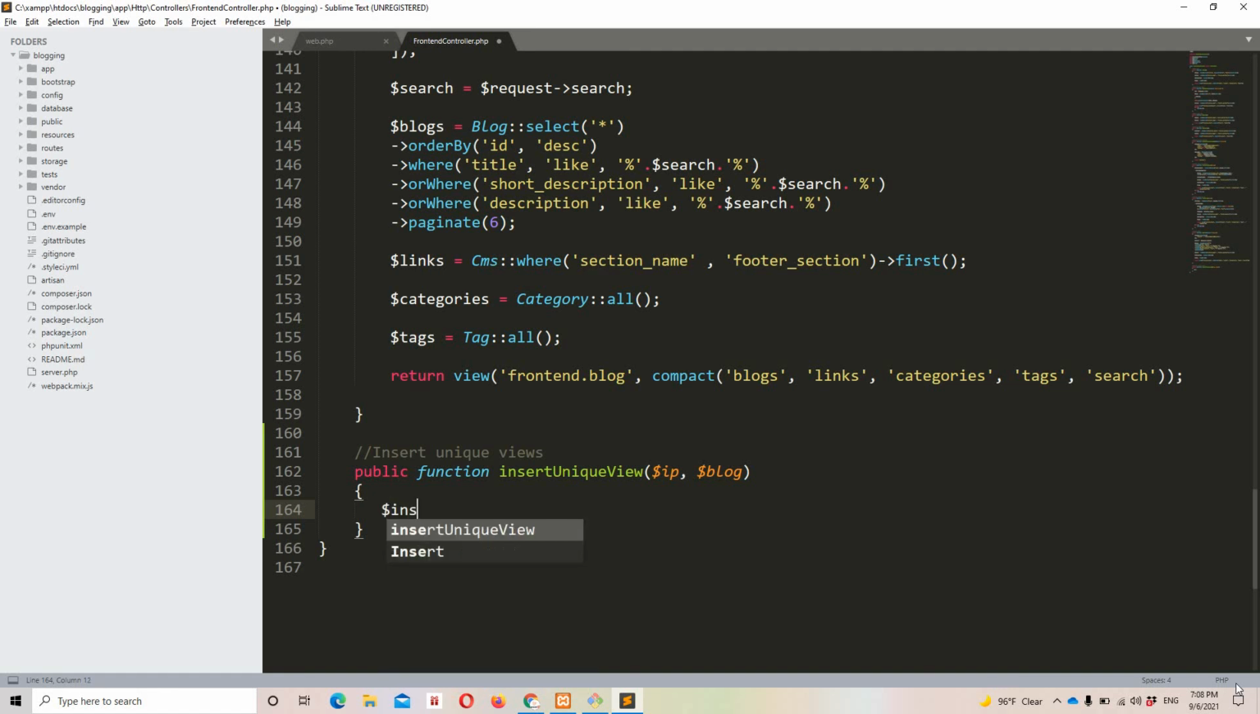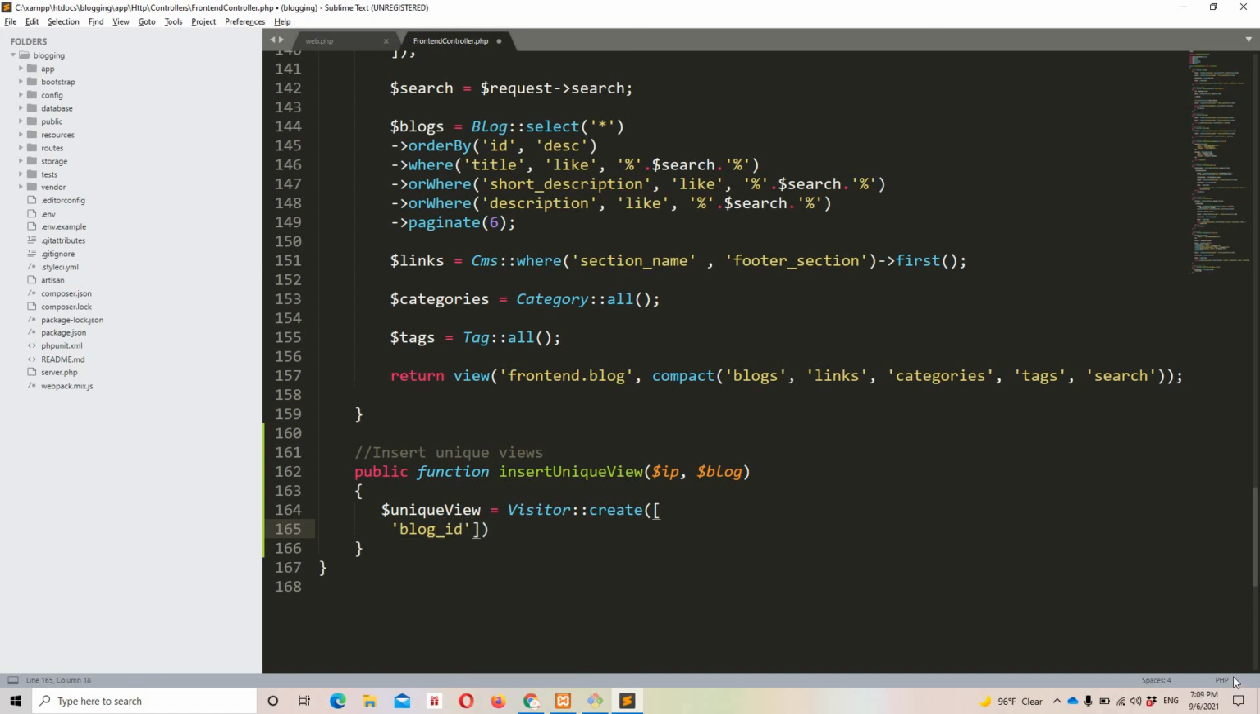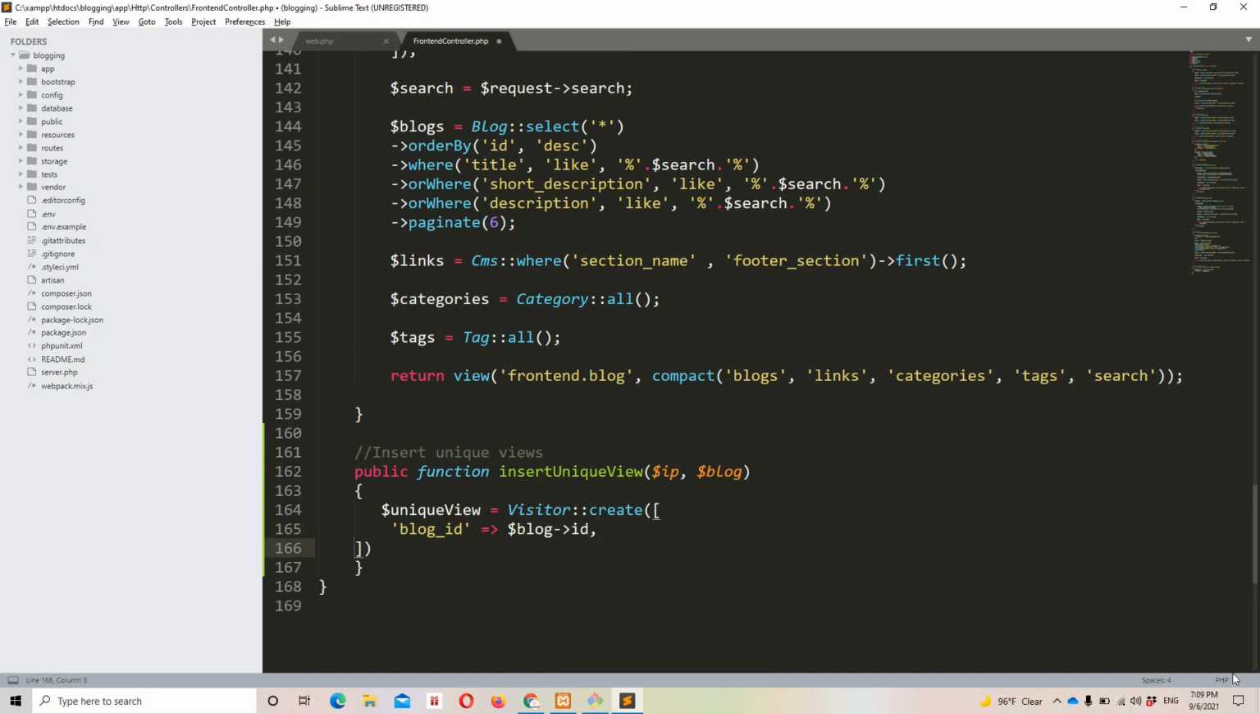Let's insert a unique view, and let's use visitor create, and I need to create blog_id. Actually, I am going to put something in the blog ID. Any guesses, guys? Right here we are going to pass the blog ID that we have from right there, and also I need to insert something in the IP column, and for that we can simply use $IP,